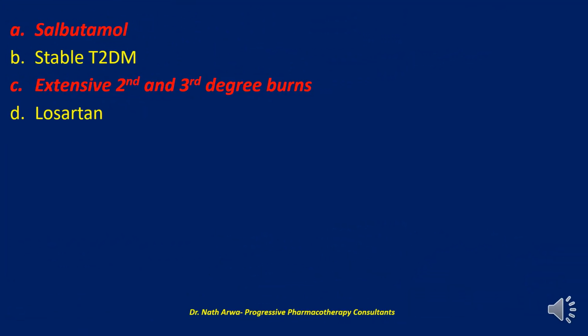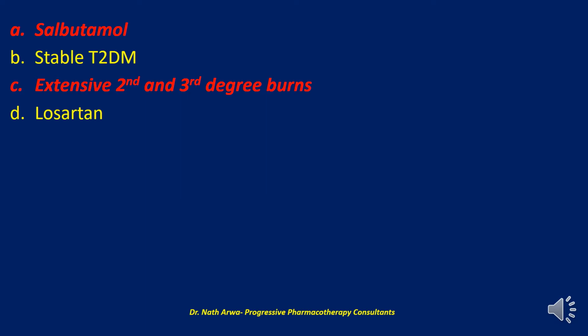So in my opinion, answers A and C are correct. The beta agonists can cause hypokalaemia if the patient is on the lower end of normal range of serum potassium due to their ability to shift potassium into the cells as they activate what we call the sodium potassium ATPase pump. Now, diabetes mellitus is generally not associated with potassium abnormalities.